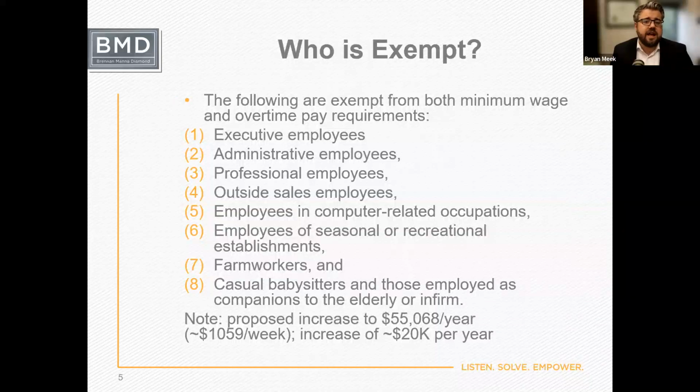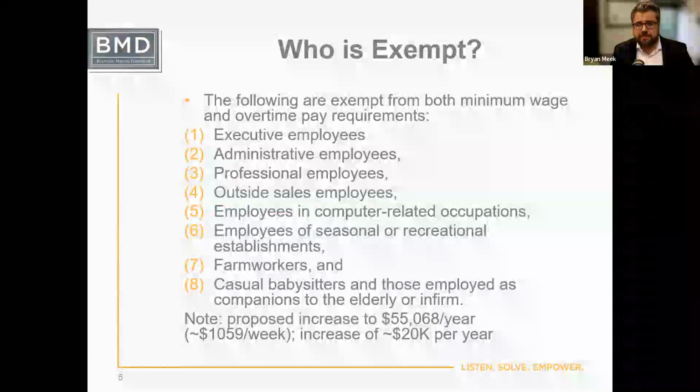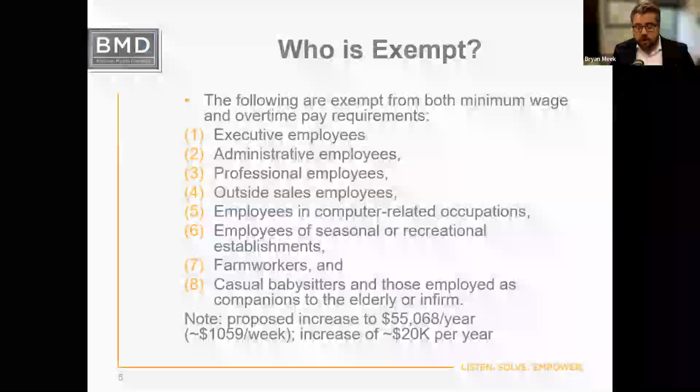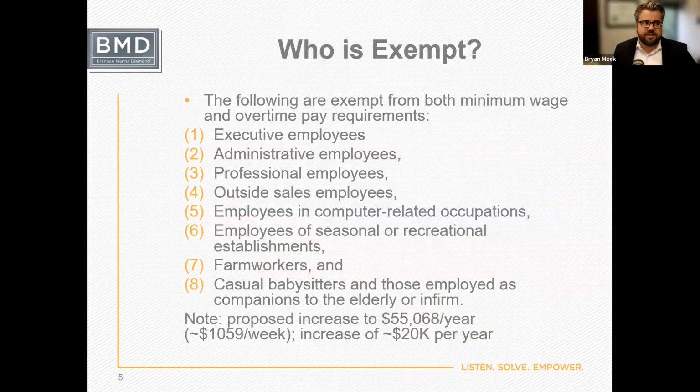But I have a note on the screen here, and it's important to reiterate that if you do have exempt employees, there is currently a proposed rule going through, and we expect the final rule to be published in April of 2024 that will increase the minimum salary per week to at least $1,059. That's obviously a significant increase from the current $658. What that means is, if those employees are not making $1,059 per week come April, when the final rule goes into place, you're going to have two options. Either you move them down into non-exempt status, begin tracking their hours and paying them overtime, or you increase their salary to ensure they meet that exemption threshold. Approximately, if you're making the bare minimum exemption requirement, that's going to result in a $20,000 salary increase